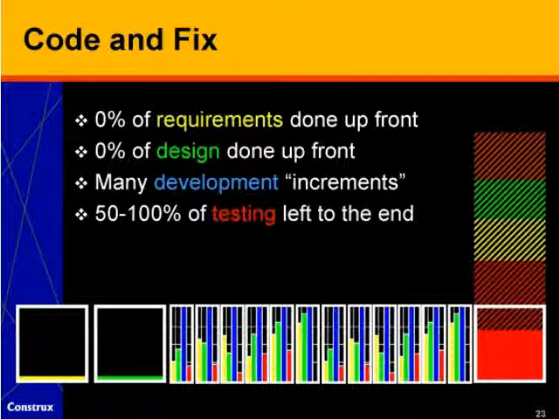What we intend to happen is that we leave some testing to the end. What actually happens is that as we get toward the end of the project, we discover all kinds of requirements work that actually isn't done, that we have to do at the end of the project. We discover all kinds of design and development work that hasn't been done and we have to do at the end of the project. And then we discover all kinds of additional testing that hasn't been done in response to those additional requirements, design and construction. So what tends to happen in a code and fix project is we think we're on schedule for a long time, and then at the end, as we start to test the software and realize how far away from our goal we are, the wheels come off the project and we have a large explosion at the end of the project in terms of additional cost, schedule, and so on.